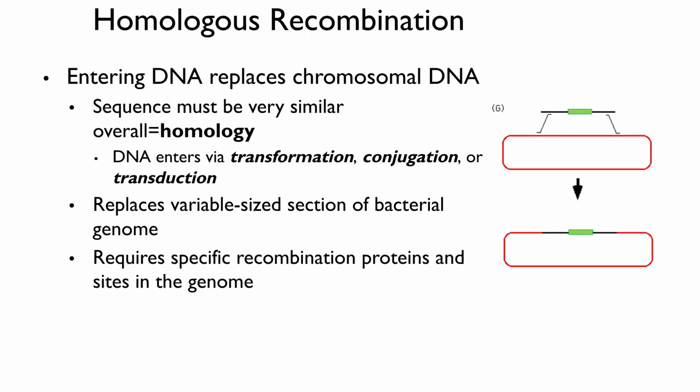Now, let's talk about homologous recombination, because we have to talk about this: for all types of bacteria, their capacity to uptake DNA from the environment or from a virus requires homologous recombination. Homologous recombination essentially is the entering DNA replacing chromosomal DNA. So we have an example here. We have a piece of DNA. It combines homologously, so it's based upon very similar DNA sequences, or homology. It enters, again, via transformation, conjugation, or transduction, and it essentially embeds itself into